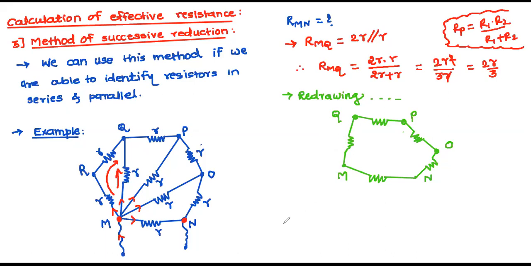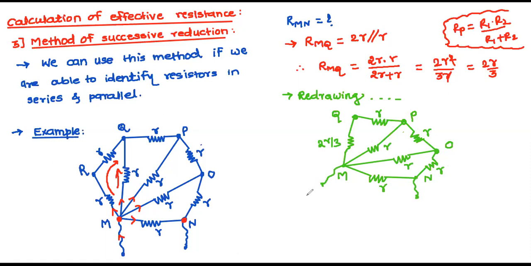Okay, so now here this resistance is like this only. Yes, and one more resistance from this point to this point, M point to this. Now this one is what? Here we already got 2R by 3. This is R, this is R, again this is R, this is R, and this also R. And we have to find across these two terminals, that is M and N.